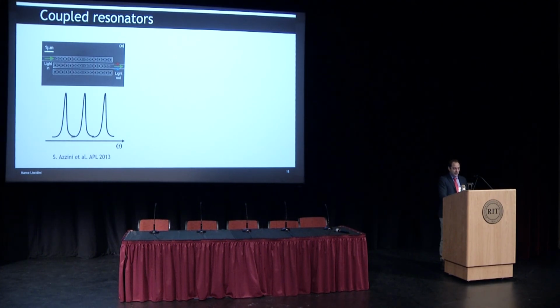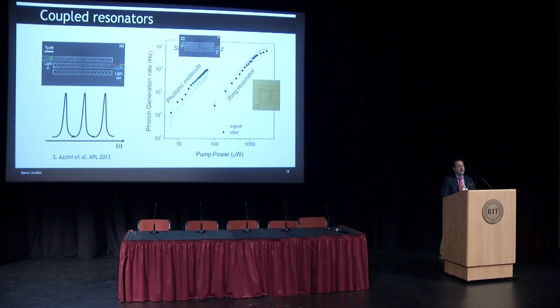So this has been done. And the benefit here is that a photonic crystal system is also very small. Not only can you get a very high Q, but you get a very small volume. And indeed, with the same Q, you get an improvement in the efficiency of about two orders of magnitude. So you need basically two orders of magnitude less power to get more or less the same efficiency. This is related to the fact that Q cubed divided by V squared is much better in a photonic